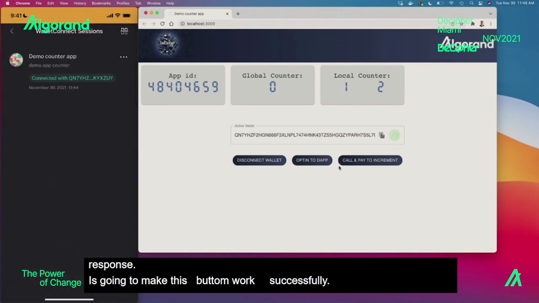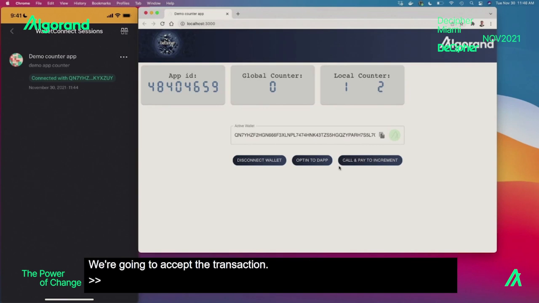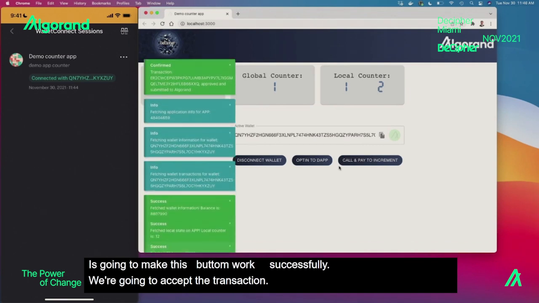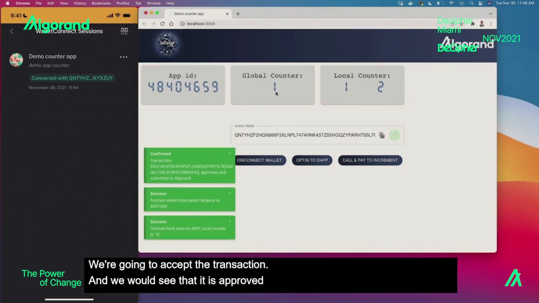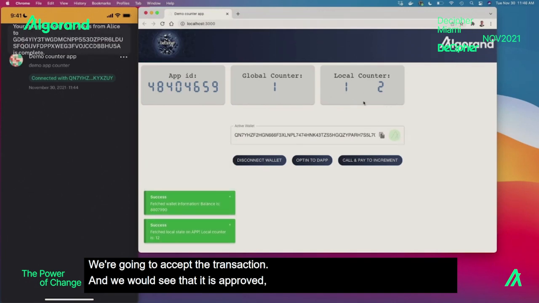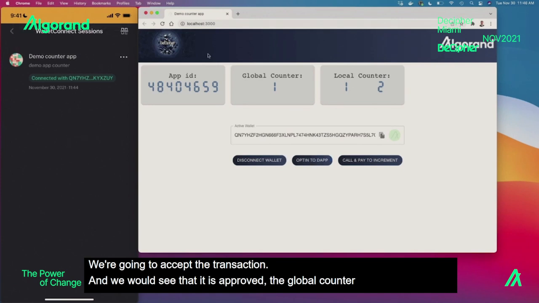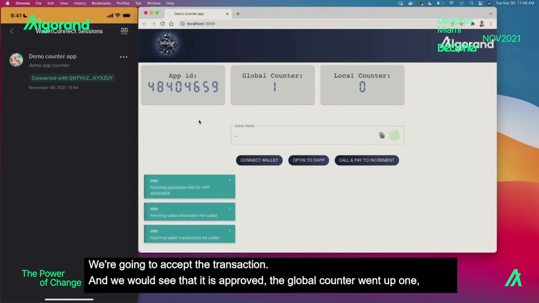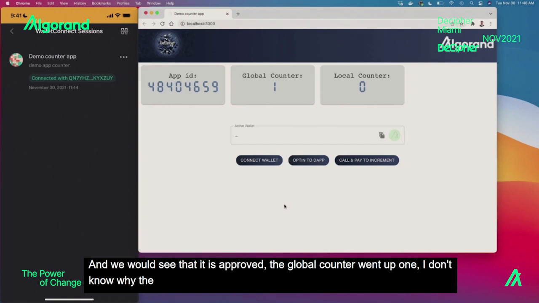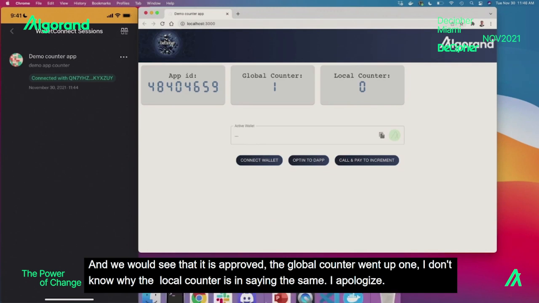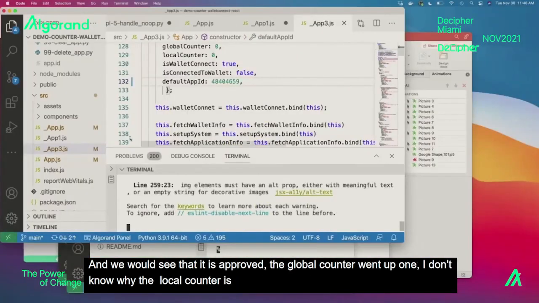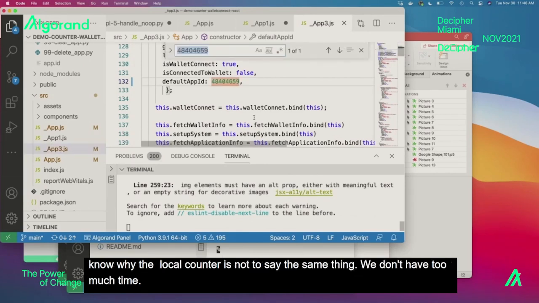We will accept it, and momentarily, okay, so we're waiting for it to come, and we will see that it is approved, right? And then we see that the global counter went up to 1. I can't quite understand why the local counter doesn't want to say the right thing, but essentially it should have. I apologize. Okay, so we have very little time left here, but I did want to show behind the scenes what is really going on in this application here